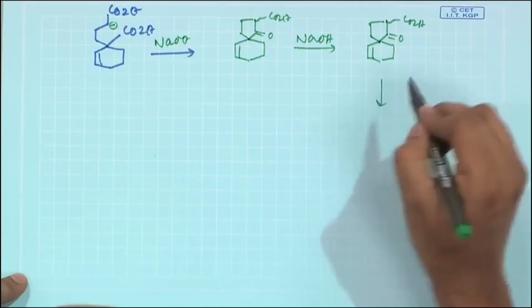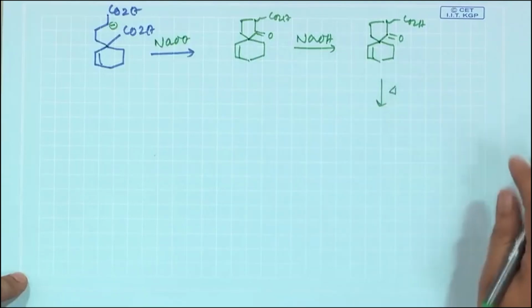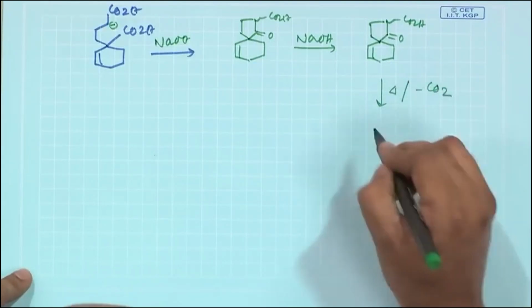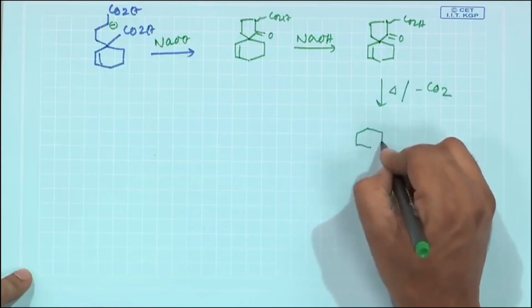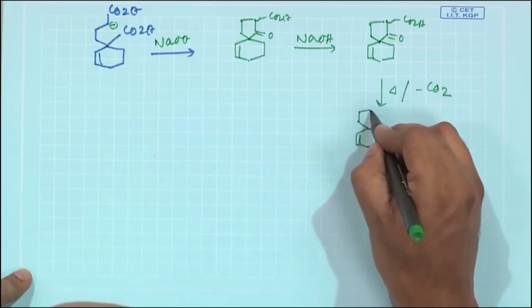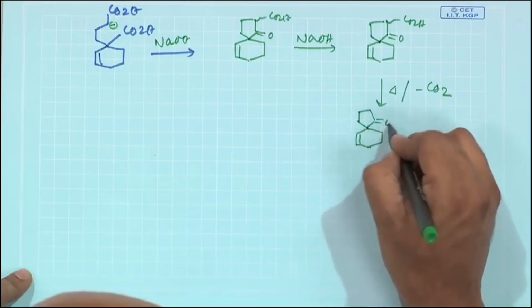Beta keto acids are very easy for decarboxylation reaction. You just heat it, they will spontaneously release the corresponding decarboxylated product, which is basically the target molecule which you